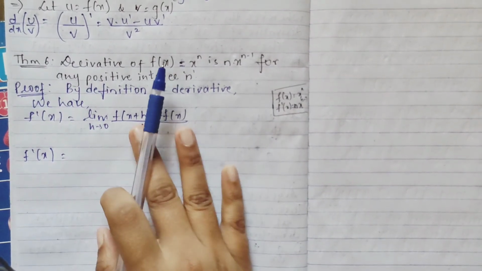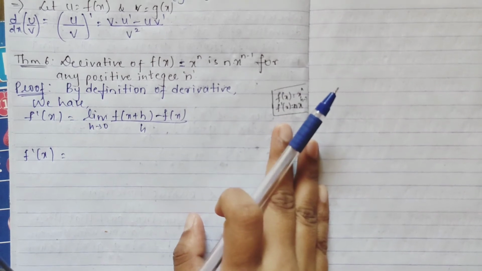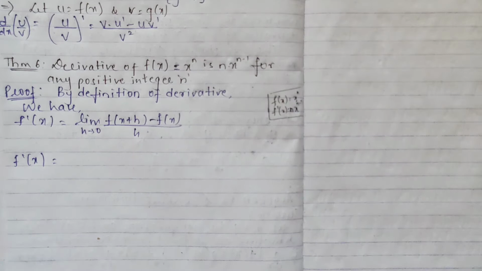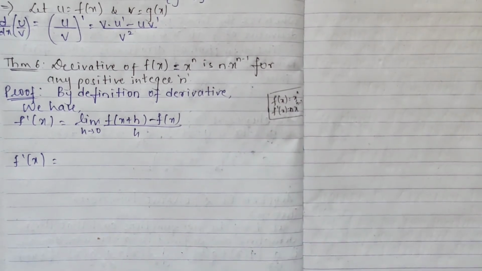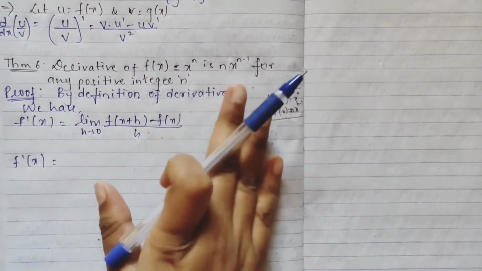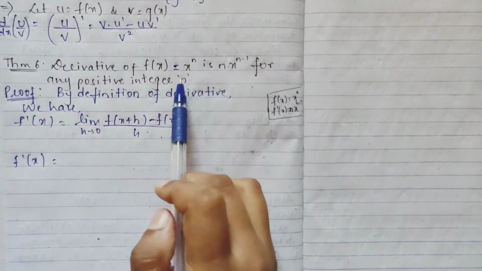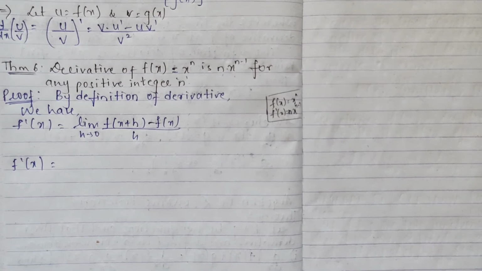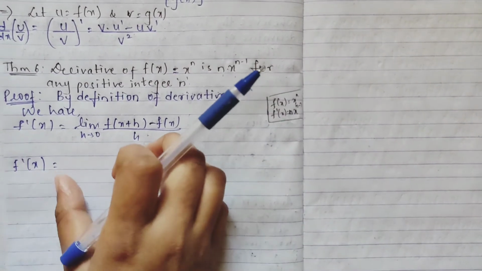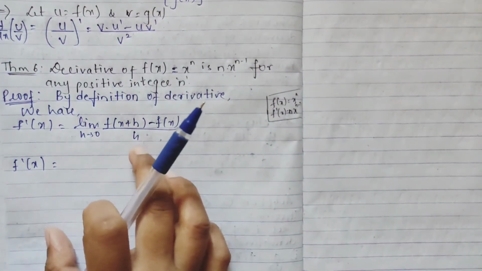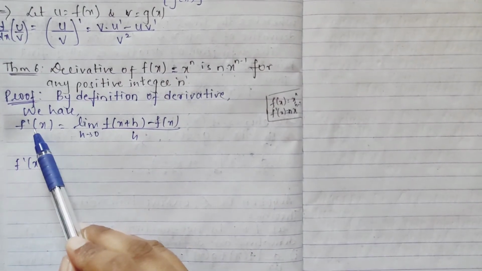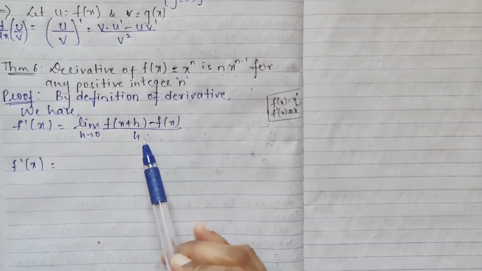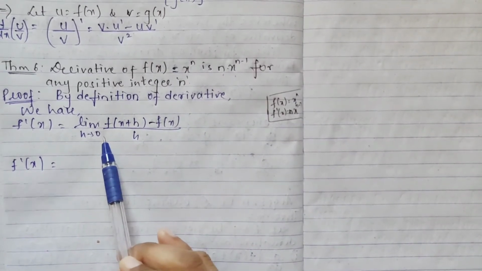So, how do we get it? We will just look at the proof. This is actually a standard form. By the definition of derivative proof, what will we do? See, f of x equal to x raised to n. We have to show that the derivative you get is n x raised to n minus 1 only. So we will take our definition of derivative, which tells f dash of x equal to limit f of x plus h minus f of x whole divided by h as h tends to 0, right.